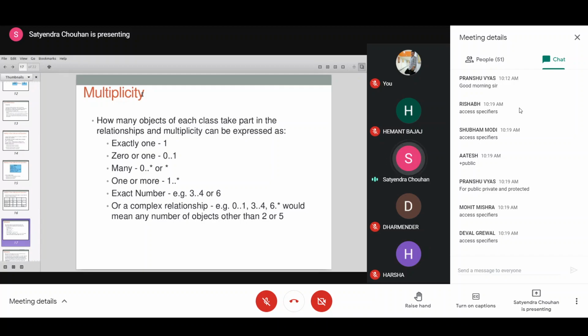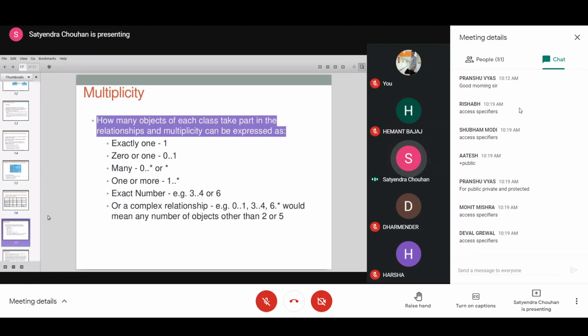You can use an exact number or a complex relationship, such as 0 or 1, or 3 and 4, or 6, or more than 6. You can use any one of these ways of writing multiplicity.